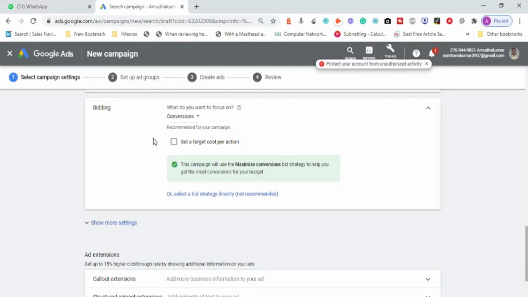There is a concept called bidding. We get this concept of bidding as conversion because we have selected the goal as sales, when we try to sell a product. Actually, call only advertisement comes under the lead generation campaign, but sales also has the same option. Basically, if you want to receive call only advertisements, we can get this done using lead generation as a business goal.